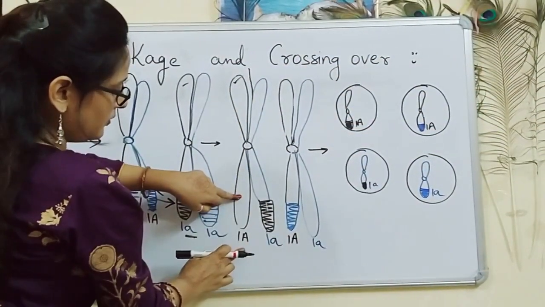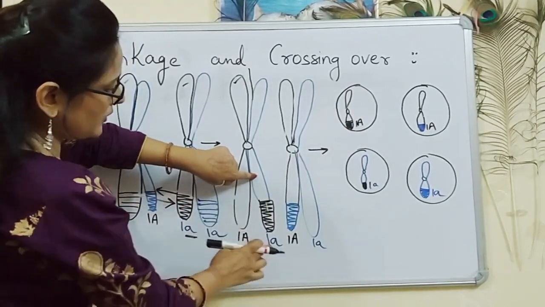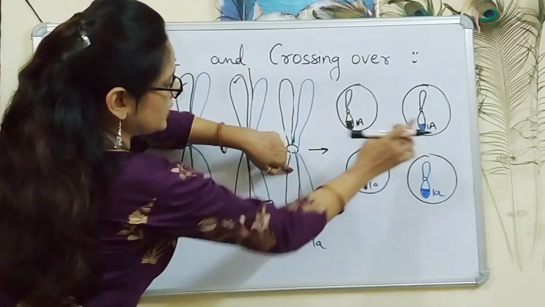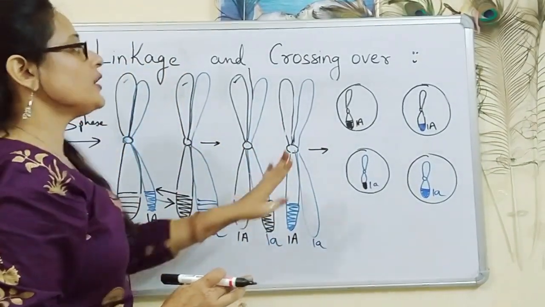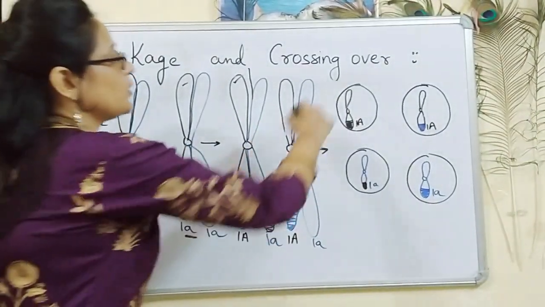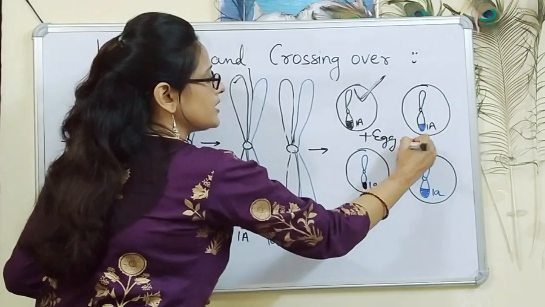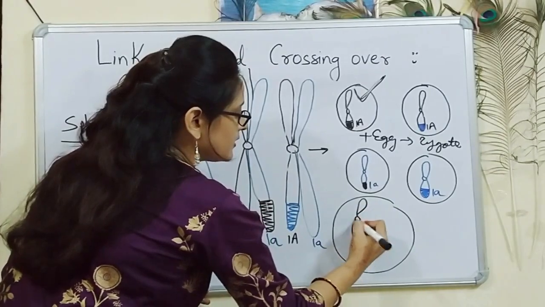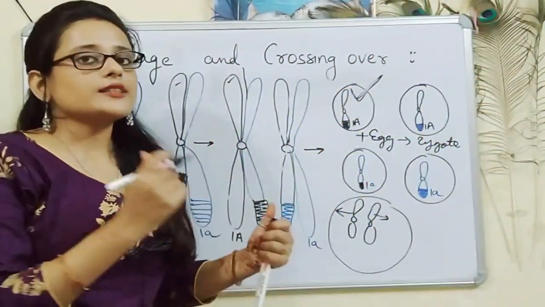This black chromatid with allele capital A has entered into this one. This blue chromatid with small a has entered into this one. This black chromatid with capital A has entered into this cell, and this blue chromatid with small a has entered into this cell. As a result, we have got 4 cells each with 23 chromosomes. After this, fertilization will occur. Suppose from these 4, this one has fertilized an egg cell and a zygote is produced. So at the end of this process, the zygote will have 23 such pairs, this one from father and this one from mother. So this was the result of crossing over.